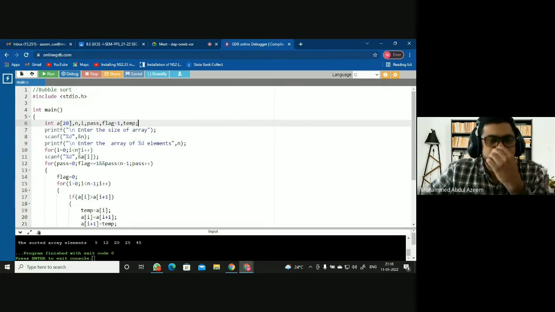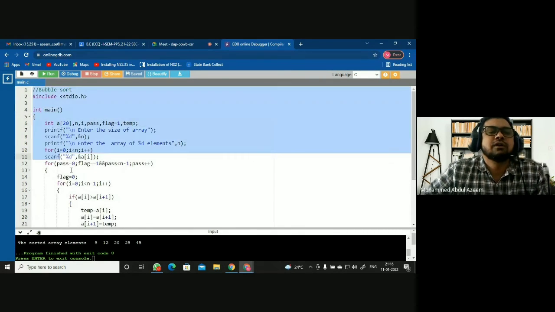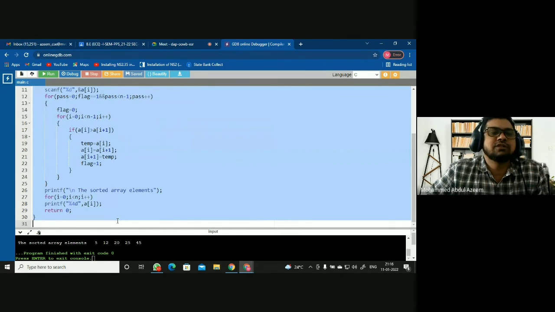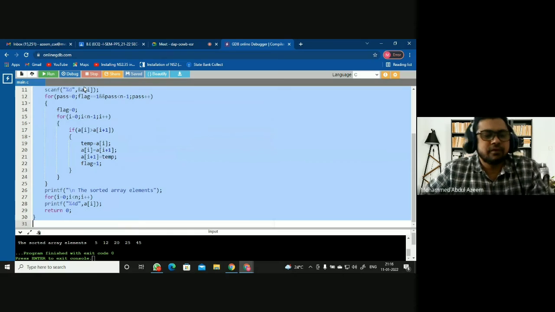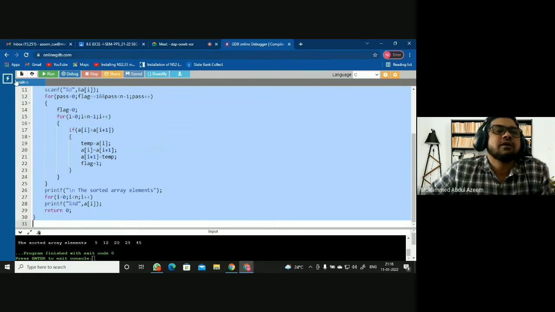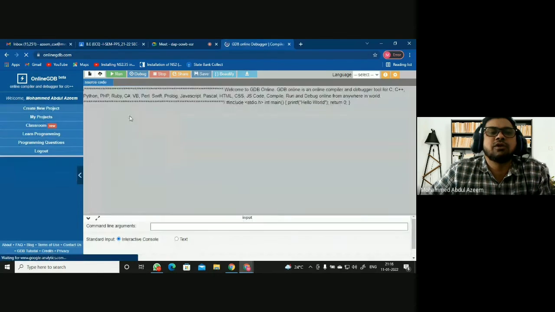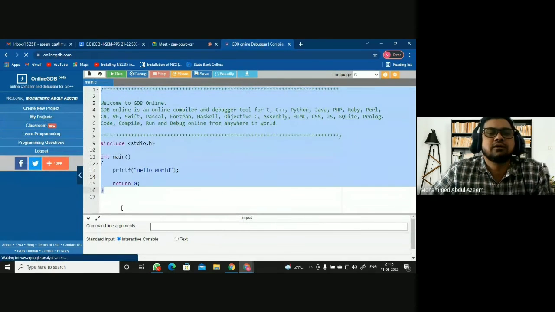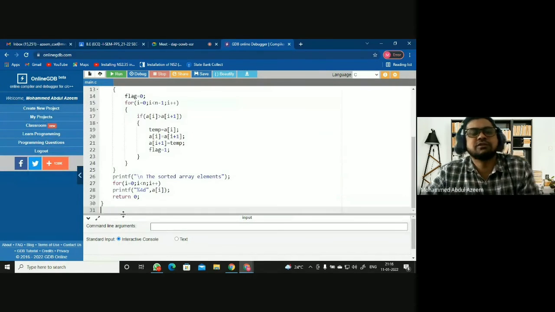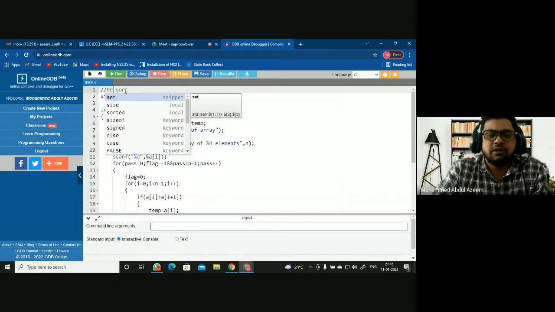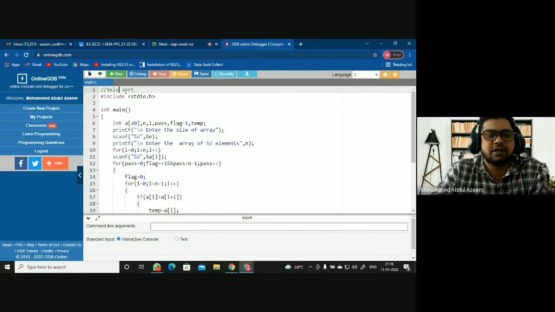Okay. So most of it I require, so I'm just copying this entire thing for my selection sort. Control C. I'll go for the new project. I say create new project. So here I'll be replacing this with the same, but then I need the changes that I'm going to make. Here I'm actually implementing selection sort, right?